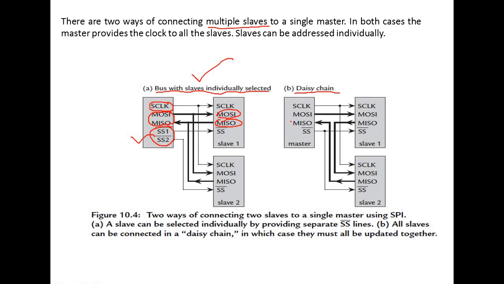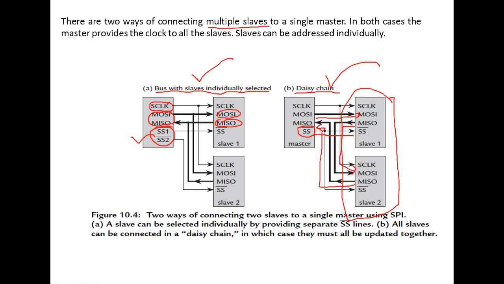So look at this one. This is the daisy chain method. In this second configuration, all the devices are connected in daisy chain as shown in the figure. See here. Here you can see only single slave selection line. What happens here? Here the master will send a bit to the first slave. The first slave will send a bit to the next slave. And next one to the next one. Like that, the bit will reach the final slave. And the final slave will send a bit to the master again. This is called a daisy chain. It is a chain form.